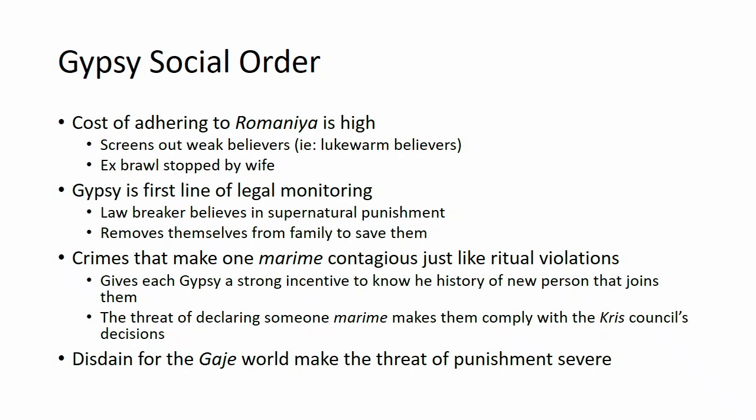Almost every time, they would remove themselves from their own family until they were able to achieve some sort of forgiveness if it was a lower level offense, or just leave them entirely if it was an extremely high level offense, in order to save their family from also becoming impure. Because the crimes are contagious, you're going to care about your family, and if you think you're going to get caught, remove yourself from the family. Or if you truly believe it, remove yourself from the family.